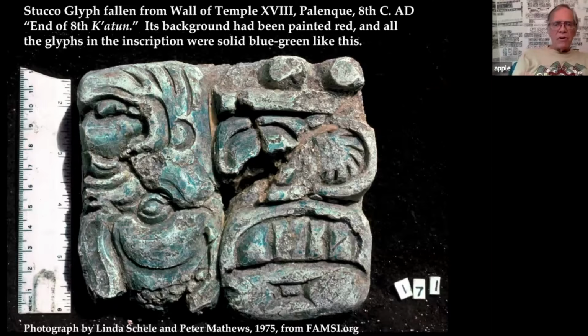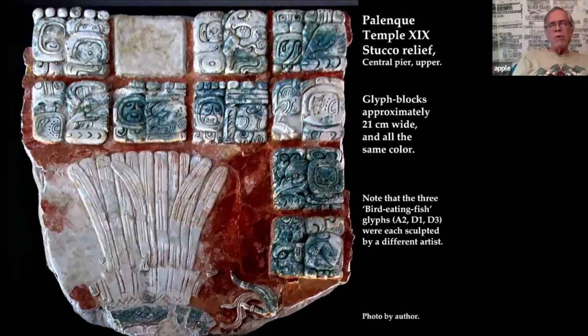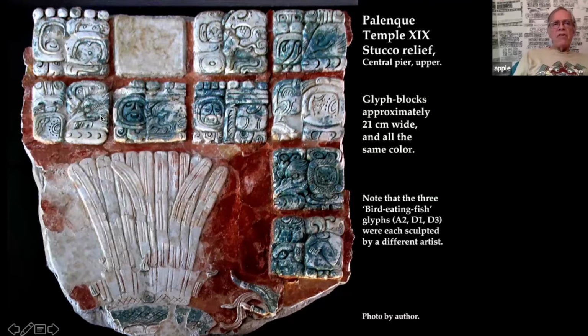I don't have pictures of that, but another set of blue glyphs on red that was reconstructed was the Temple 19 glyphs. Again, solid. The fragment that's missing here is a bird man, and they didn't know how to orient it, so they didn't want to commit themselves. Half that glyph still survives, but it's also blue. And interestingly, by the way, look at the glyph of a bird with a fish in its mouth here,